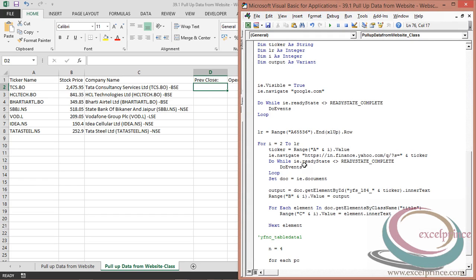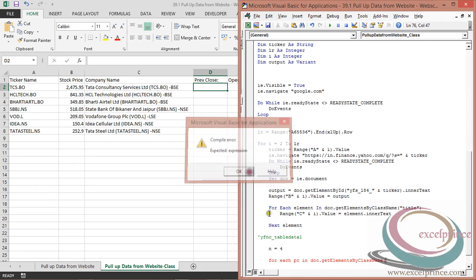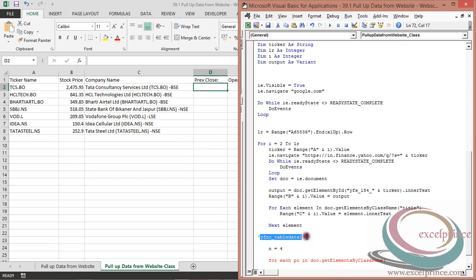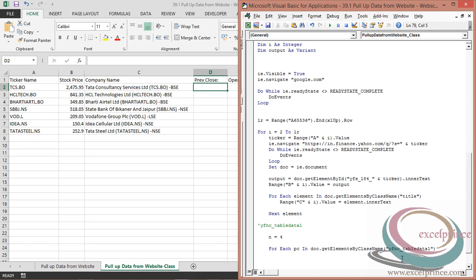So I'm saying for each PC in doc dot get element by class name, just because again we are extracting from class name. So which class name is it? This was the class name, so I'm going over there, copy, Control C, and paste it over there. So this is the class from where I'm going to pick up my data. So again, next PC.